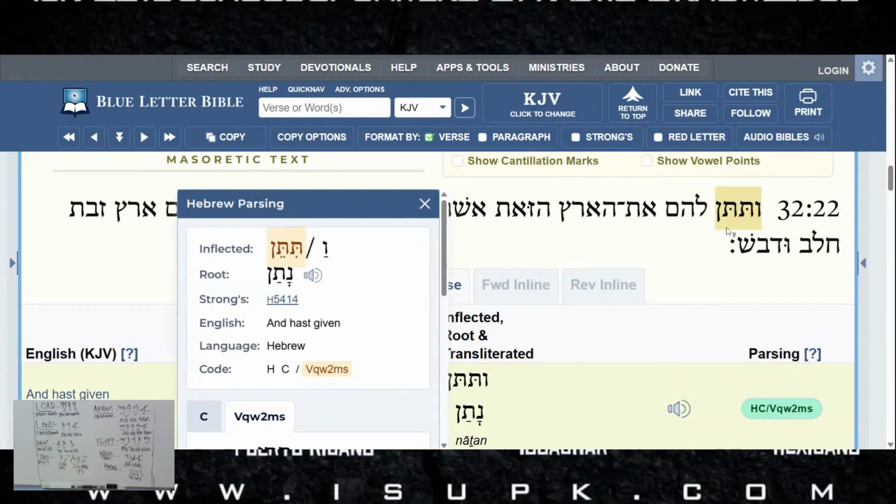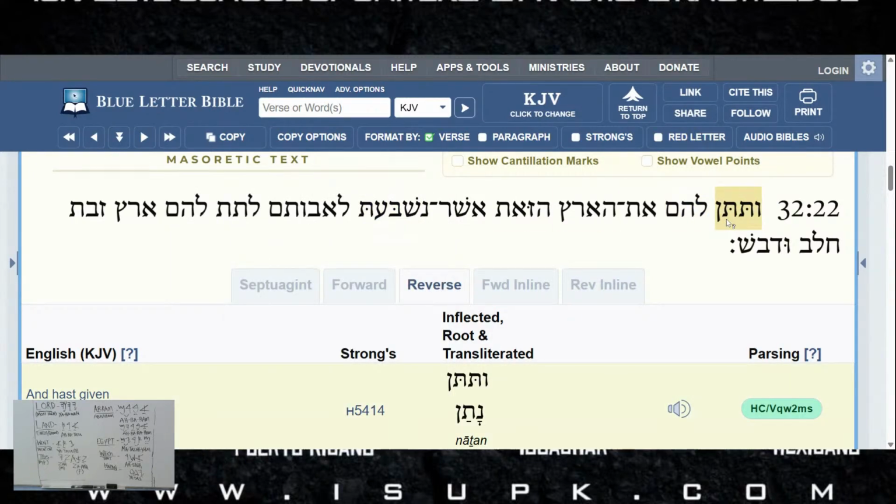The box popped up and said, and thou hast given. Not this giant box, this is a little box. I don't know if y'all can see it. At the bottom, it says, thou hast given. Try not to use that at all. Well, we don't use it, but I'm trying to translate it before the box pops up and people think we're using this box to translate. Every single class we do, I always think about it in the back of my mind. I wonder if they think we are using this box because we're not. But anyway, I don't know how to take it off. But either way, it's saying, and you give to them, showing direction, this land.